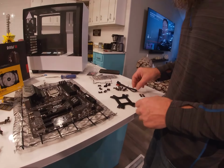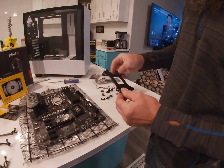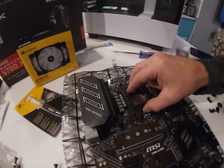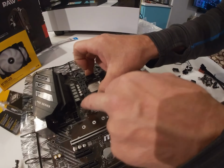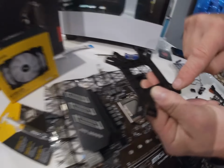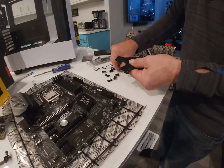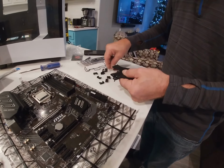And we're back. So, what you want to do is you find your bracket. Your bracket that's going to go underneath your motherboard. Yeah, it's going to go underneath. You're going to want to put it on here and see which holes line up where you're going to need underneath. In our case, it's these holes. So, some motherboards may take other holes. All right, so you're going to turn it over and you want to take these screws right here and stick in